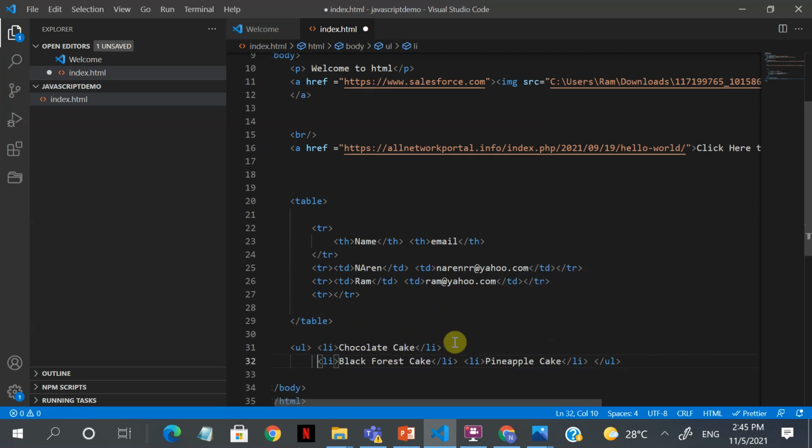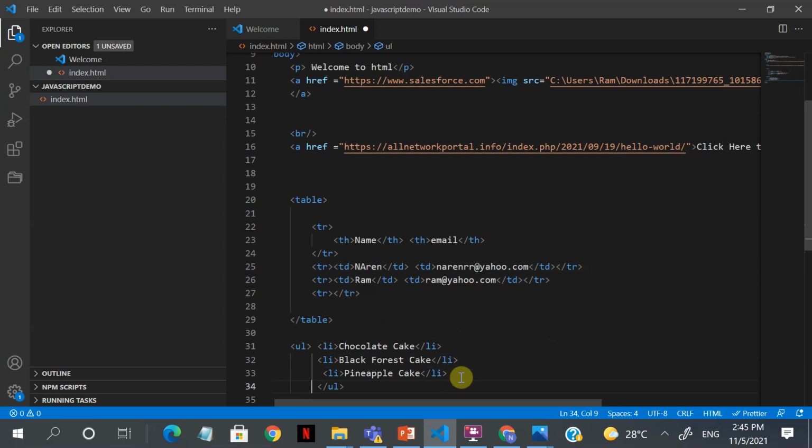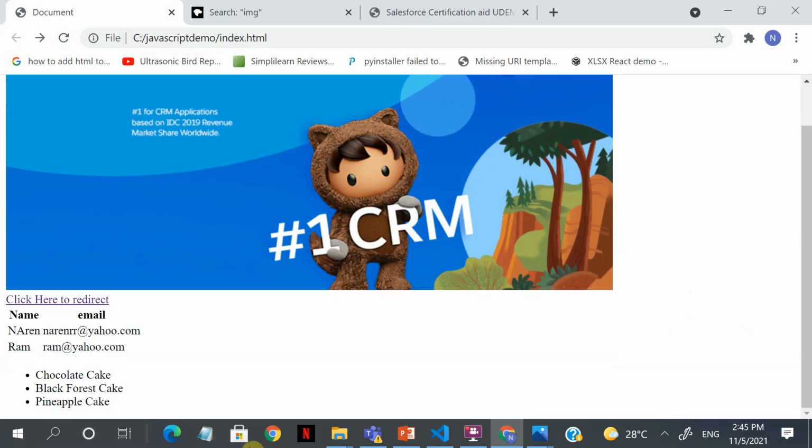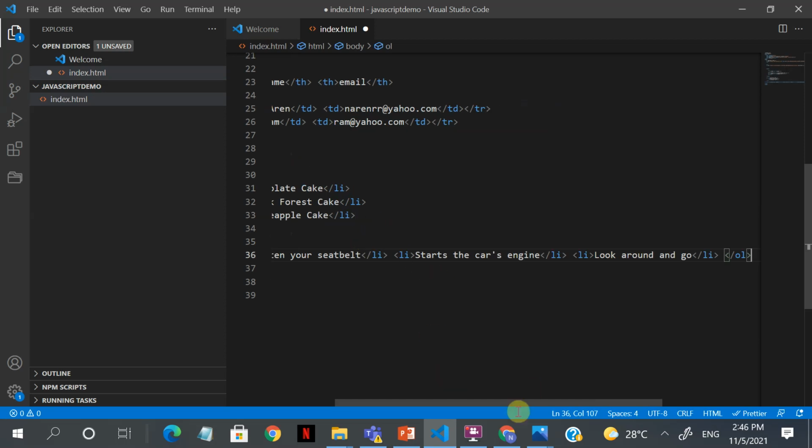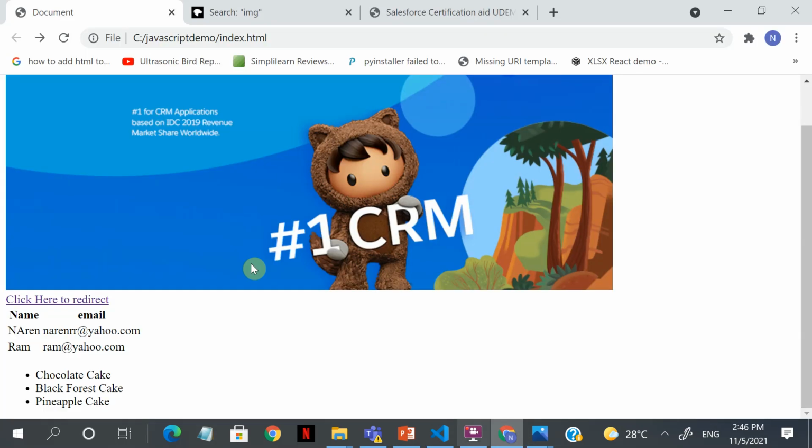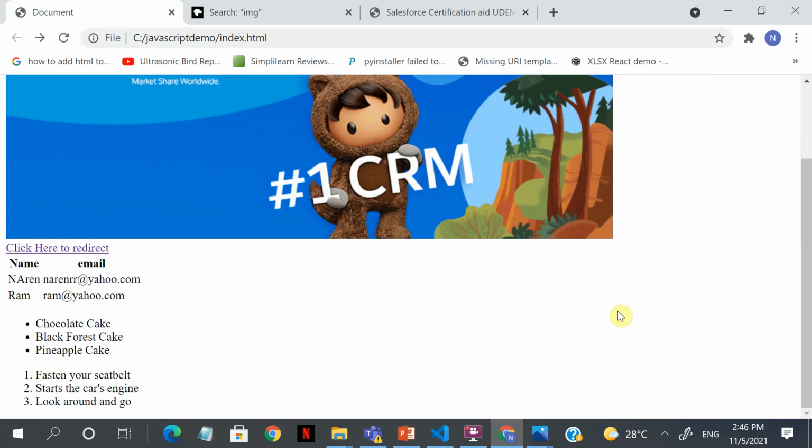Next we look at unordered list. An unordered list is a list which will show you a list of values. If you look at here, chocolate cake, forest cake, black forest, and pineapple cake, right? So these are the three values added over here. The third one is an unordered